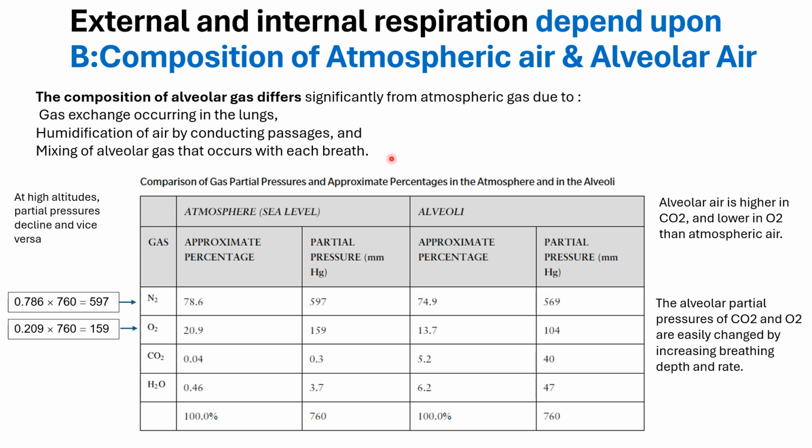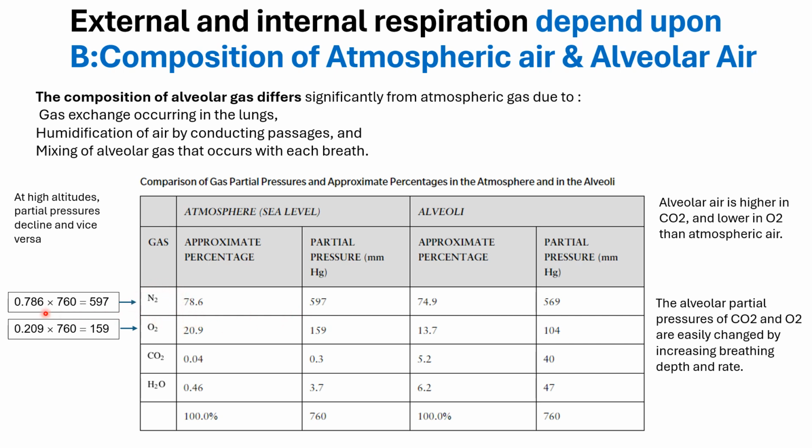Okay. So inside our body, the atmospheric air is mixing with the alveolar air. Also it mixes with the air in the dead space, then it is being humidified. So the composition of the alveolar air is different than the atmospheric air, and this table summarizes the differences. So in the atmospheric air, I will talk only about two gases: nitrogen, because it is present in the